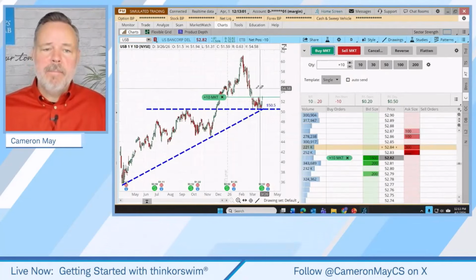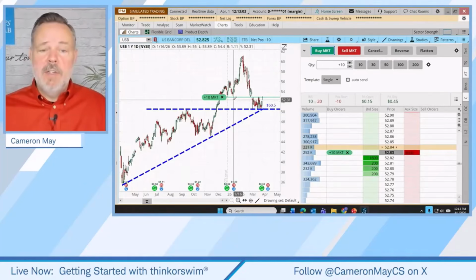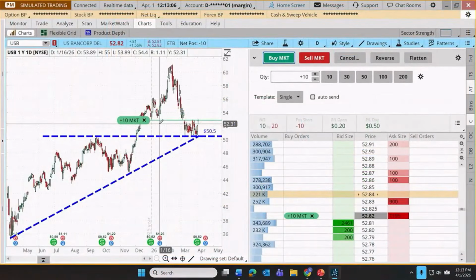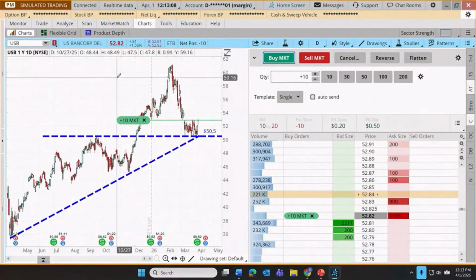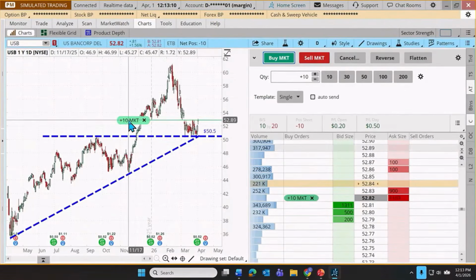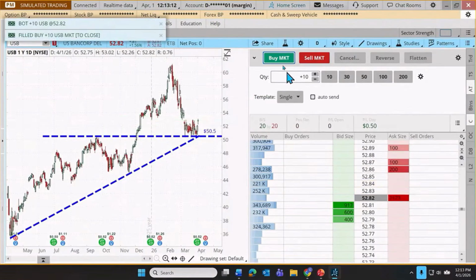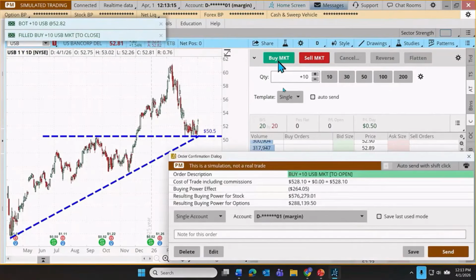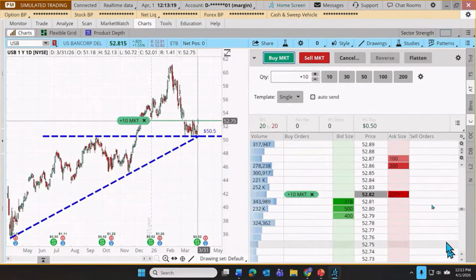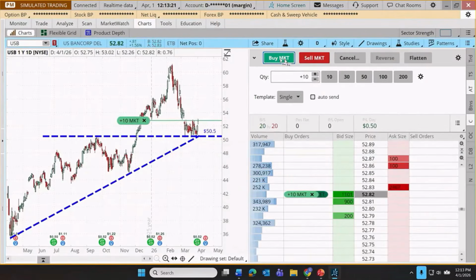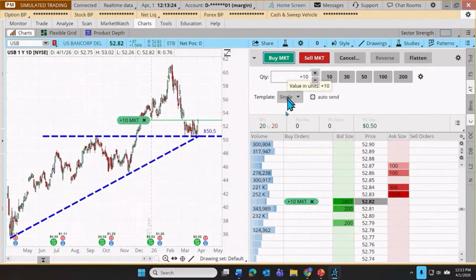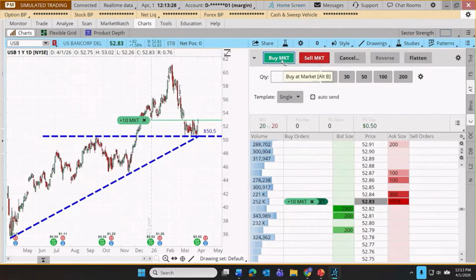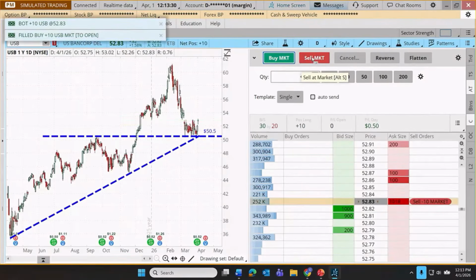Let's click send. Or I could have actually just reversed. Actually, for the next step, that's maybe what I might have wanted to do. But in any case, we're going to buy those 10 shares back, and then I'm going to buy 10 more. So I could have accomplished that through a reverse again. Let me just click send again. But in any case, we're back to where we own 10 shares, or we will be very shortly when this market order fills. And so now I want to recreate that stop order.